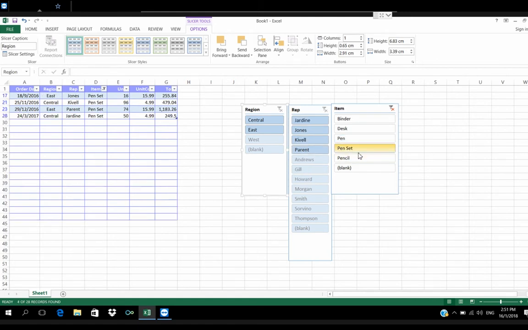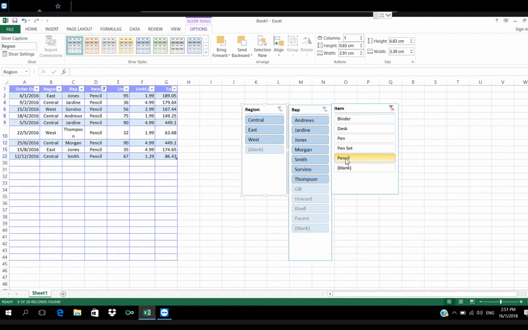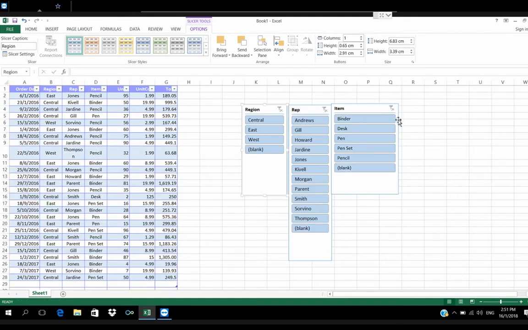Pen Set is also sold in 2 regions with 4 people selling it. Pencil is available in 3 regions, where a few people are also selling it. So this is the slicer with the table.